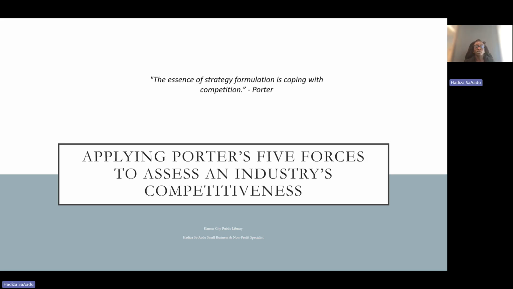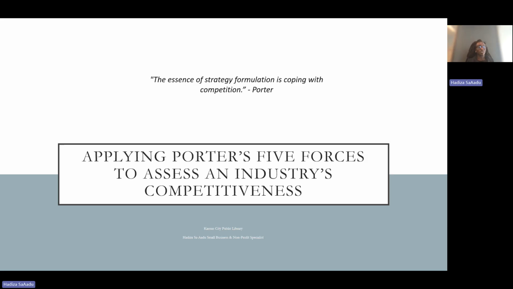Porter's Five Forces is also based in the economics of industrial organization. This is a field within the broader academic line of economics, where industrial organization is the study of the relationship between firms or corporations and markets.